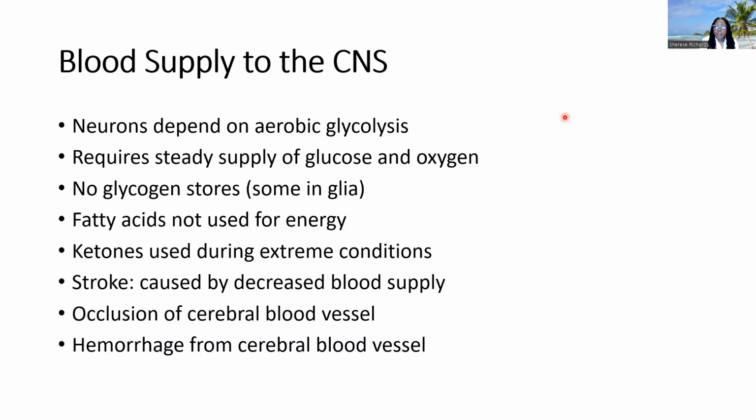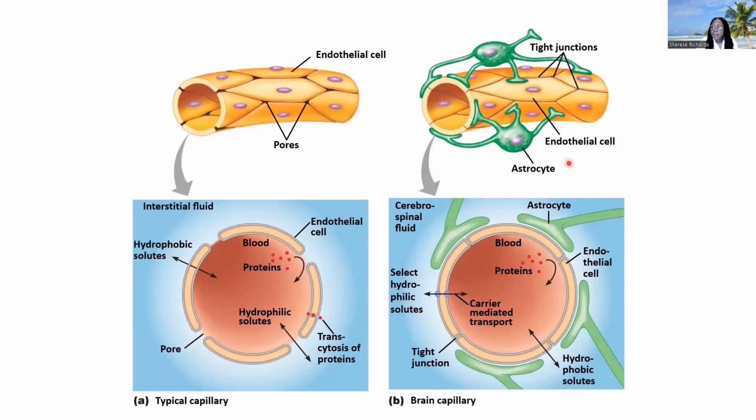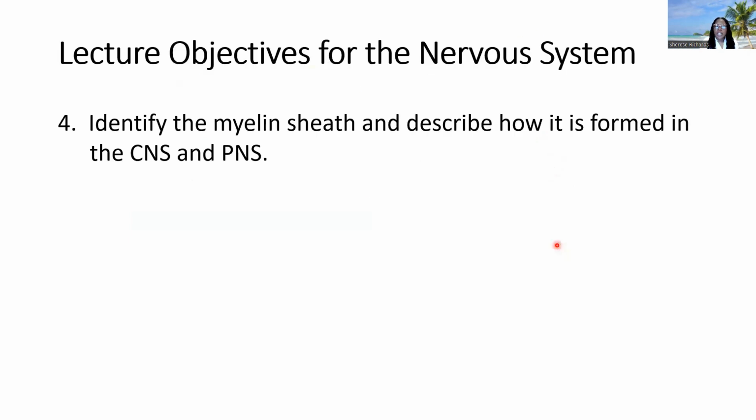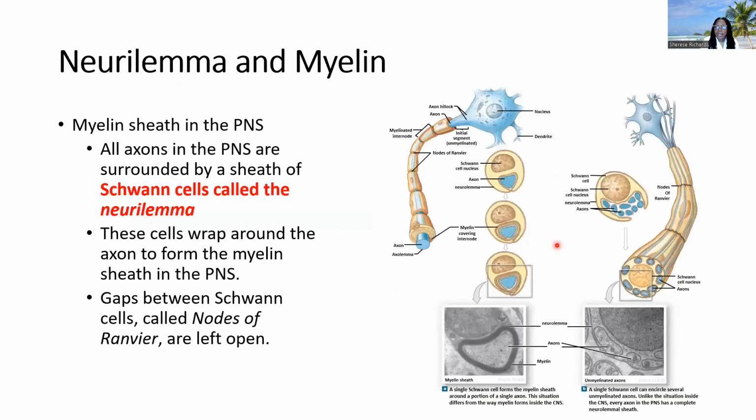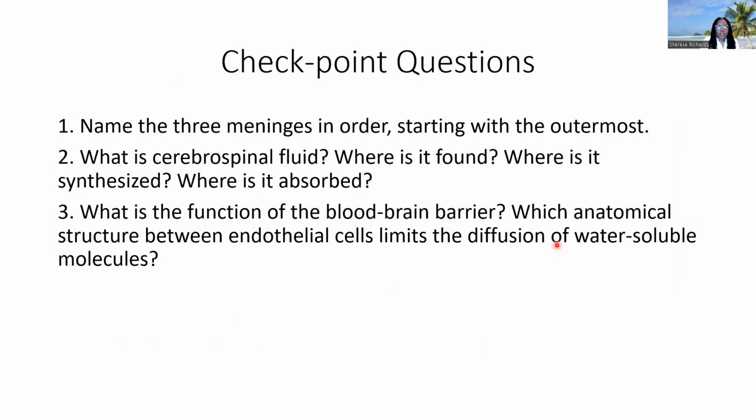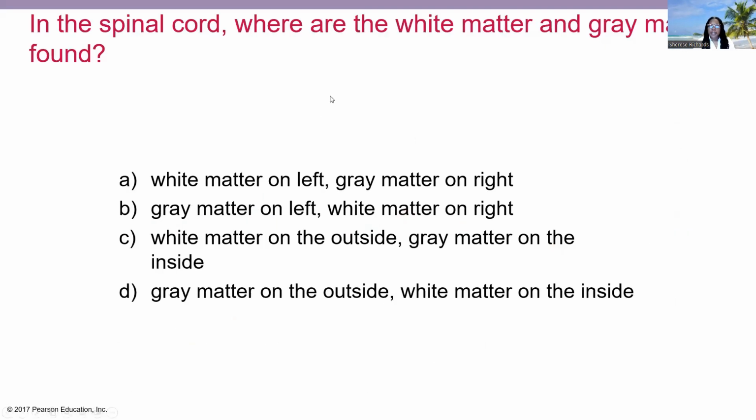Okay. Thirdly was the blood-brain barrier. So definitely know what forms the blood-brain barrier. It's a combination of the tight junctions of the endothelial cells of the brain, as well as the foot processes of the astrocytes. So definitely know the structures that form the blood-brain barrier and how that protects the central nervous tissue. And then lastly is the formation of myelin. So basically know the myelin cells, oligodendrocytes in the CNS, and like I said, Schwann cells in the PNS. Okay, so those are some of the areas to focus on as far as